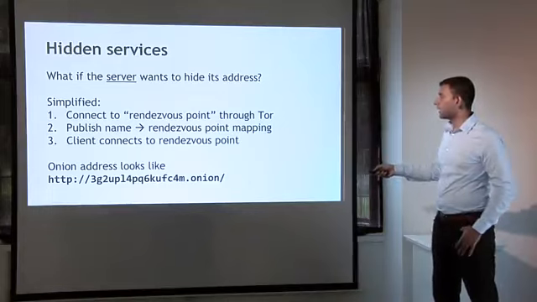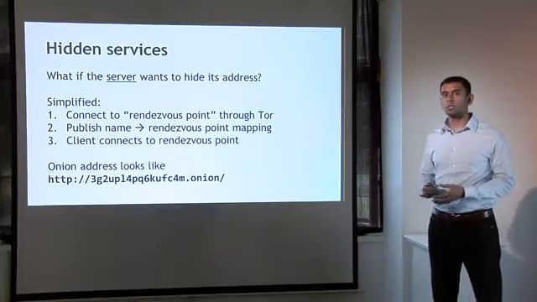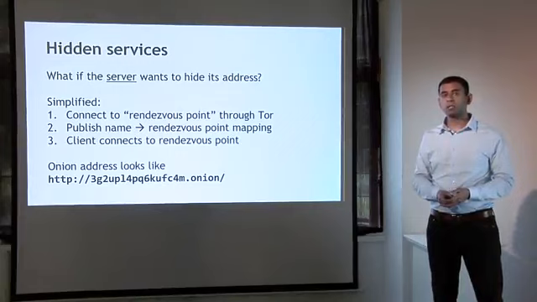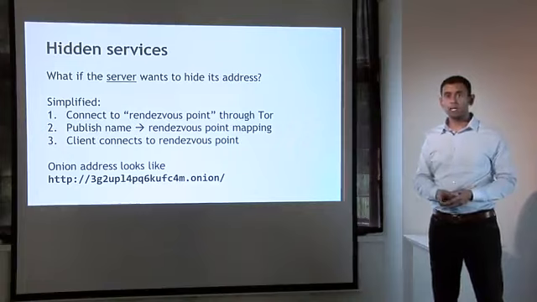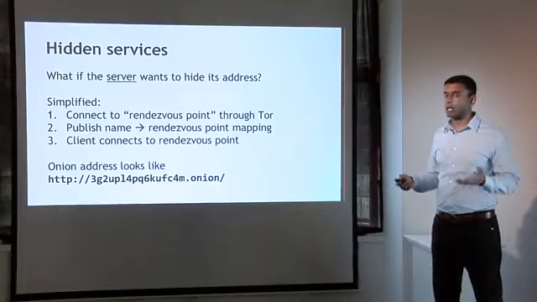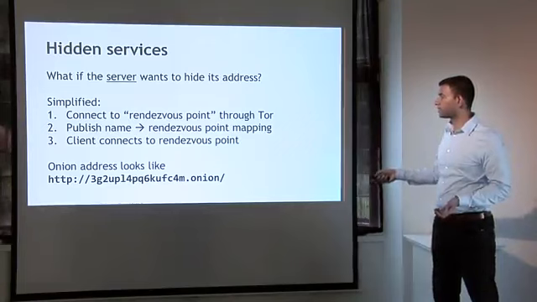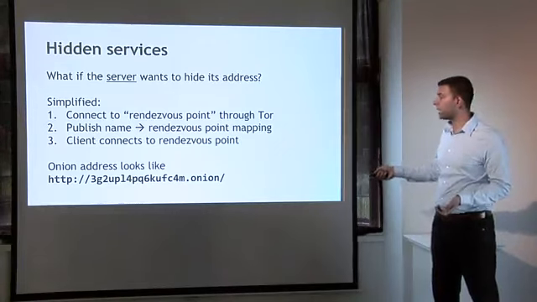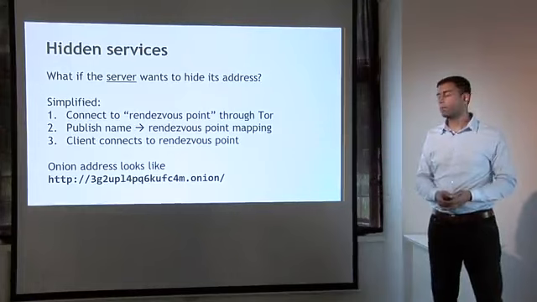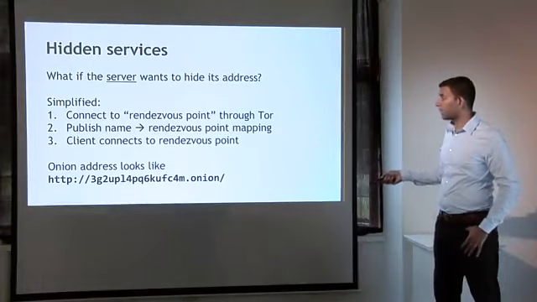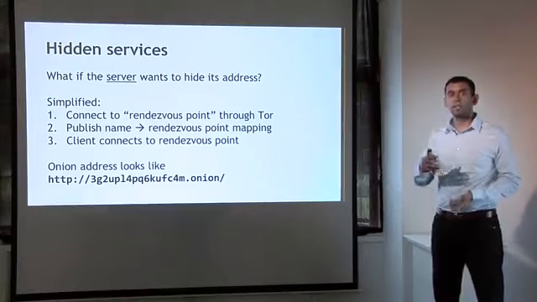And now the client will have to learn the onion address of the site that it wants to visit. When the Silk Road existed, if you wanted to go to Silk Road, you couldn't type in silkroad.com. That wouldn't make any sense because Silk Road is not even available over the regular web. Instead, you would have to, through some manner, and this was a widely known address, you would have to find, this is not Silk Road's address, by the way, this is the onion address of DuckDuckGo, a search engine that offers privacy and anonymity. But you would find a similar address that belonged to Silk Road and put that into